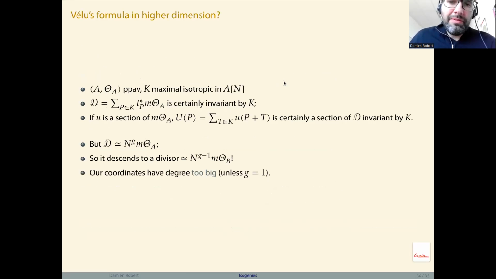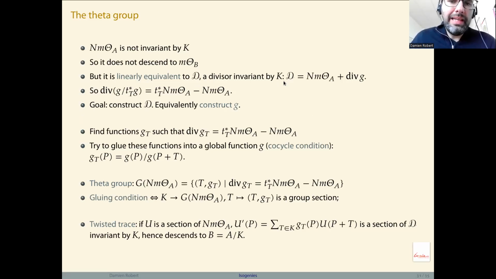Okay. Previously I could take the trace to define D. Now I don't quite know what D is here, but I know that it must exist by general theory. So I know there is a divisor invariant by translation of the form nm theta A plus the divisor of some function G. And since D is invariant, this shows that the divisor of this function satisfies this property for any point T in my kernel. So our goal here will be to construct the divisor D, or equivalently to construct this function